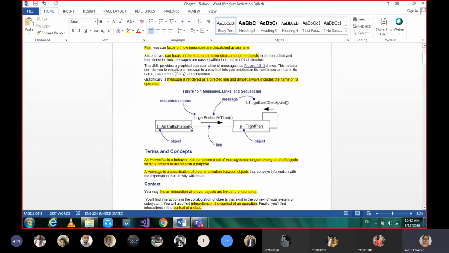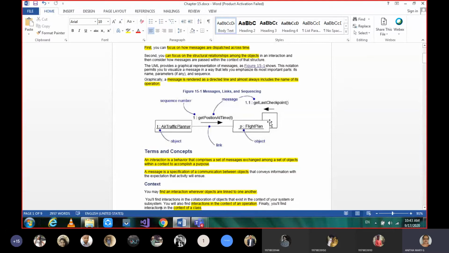Okay, so once get position at time t is called, the parameter t is passed to the flight plan object, then it is going to check its schedule, get last checkpoint. So it is going to get the information about where the last checkpoint was done.